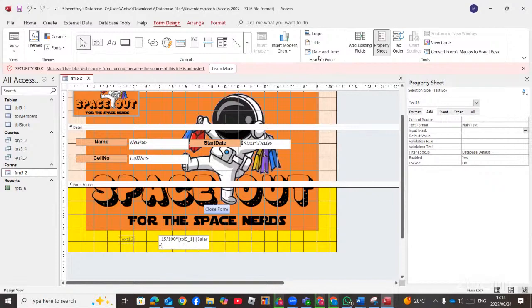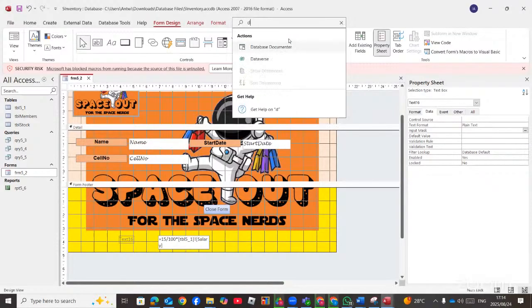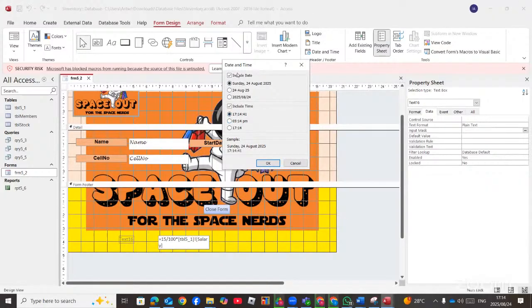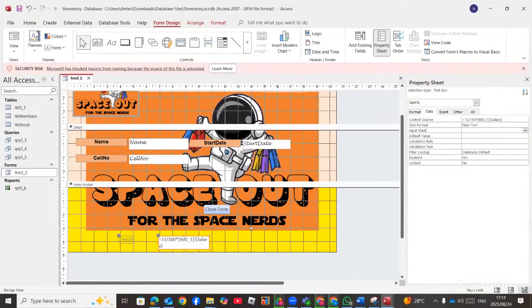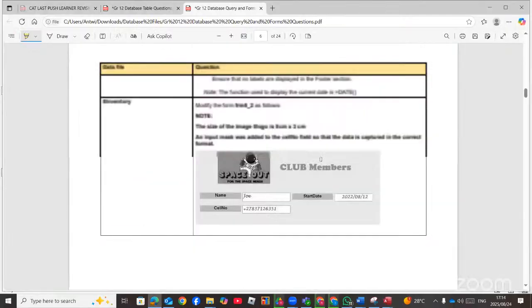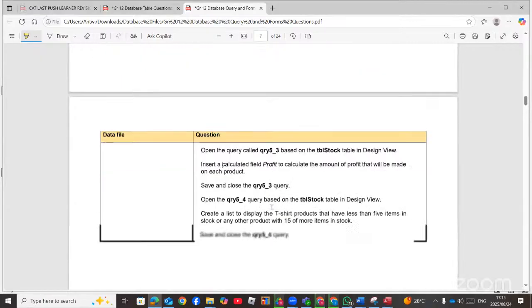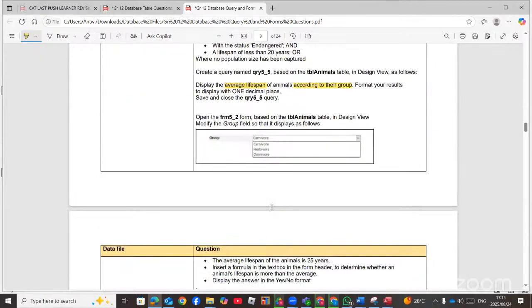They can also ask you to put date and time from the form design. If you don't know where to find it, you can just type date and time. It will show you insert date and time. To include only time or include only date. Right. So that is how we do forms. There are so many questions that you can try your hands on. All these are forms also, like this one. There's a current date, you choose date and time, and then you select it. Right. Conditional formatting, you right click and choose conditional formatting. So that is all about